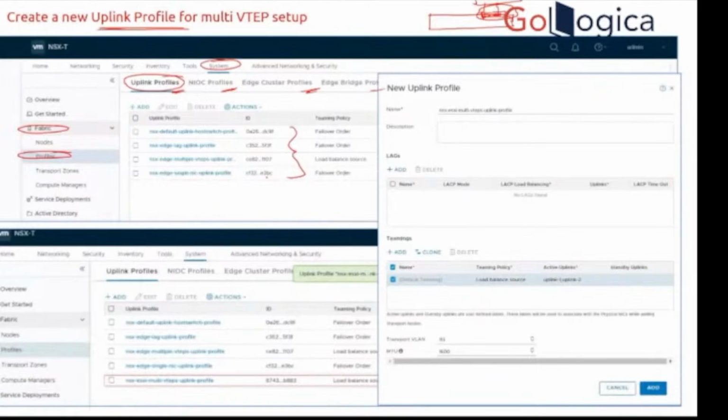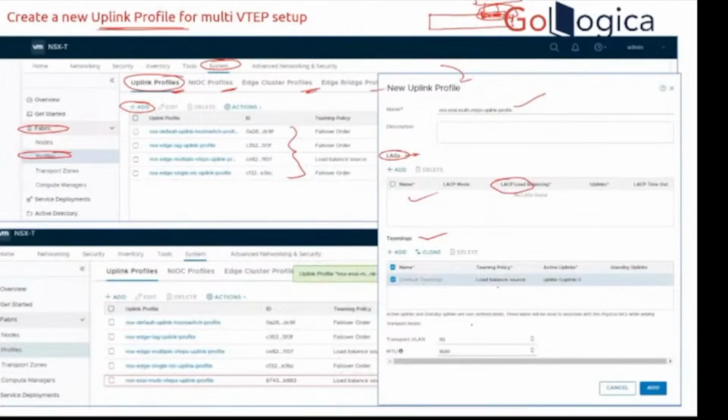If you want to create additional uplink profiles, you click on add, and you will get this pop-up window. Here it's asking for a name. Then if you want to use a LAG, what is LAG? Link aggregation. If you are using the LACP protocol for bundling multiple links of your server, then you will specify that here. Otherwise, if you are using normal teaming, then you will specify that here. Then here you are saying,